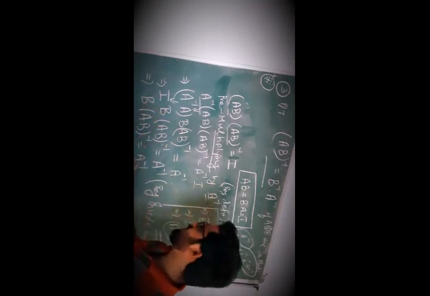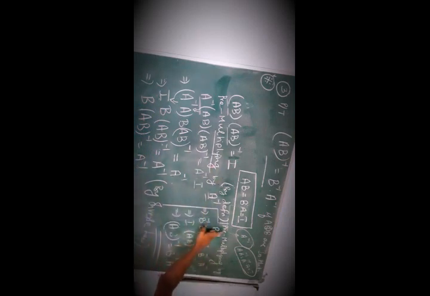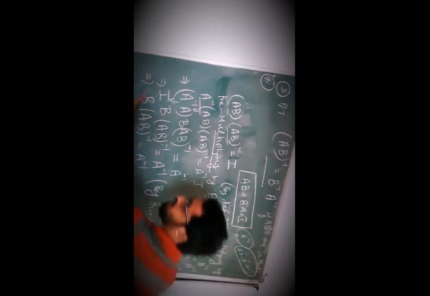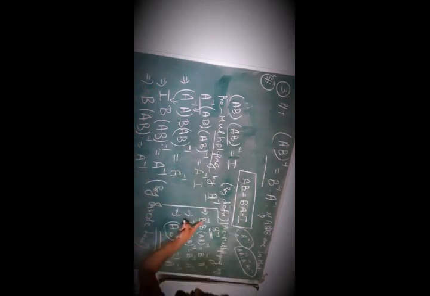AB the whole inverse is equal to A inverse. Is it clear? Now, again I come back, pre-multiplying by B inverse. That means B inverse I have to multiply over here and here. Yes or no? That is B inverse into B, AB the whole inverse is equal to B inverse A inverse. That is I. B inverse B is nothing but I only. I into something is what? AB the whole inverse is equal to B inverse A inverse.